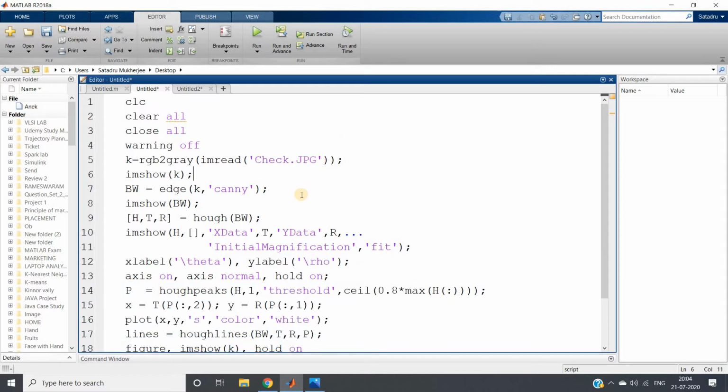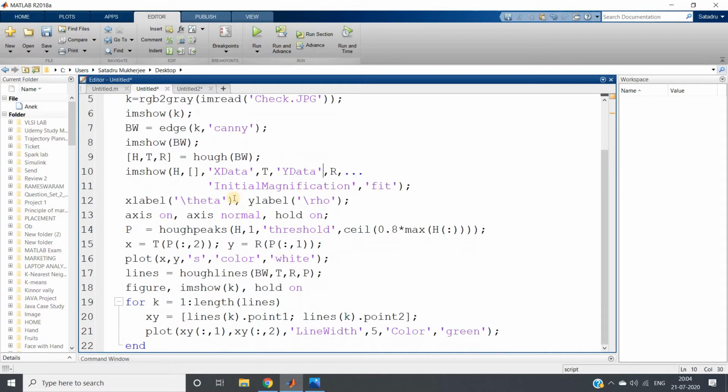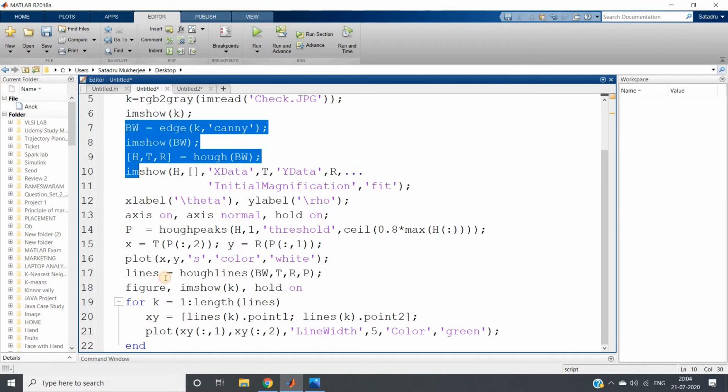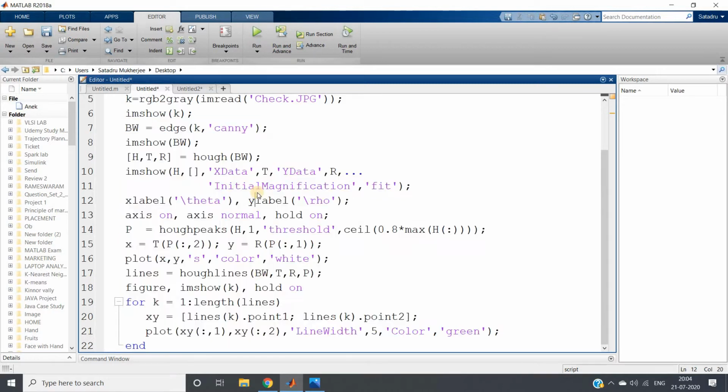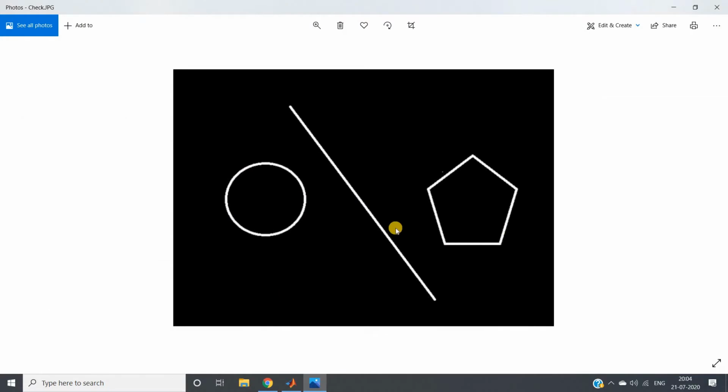In this particular video I am going to discuss some variations of the Hough transformation. These are basically example problems based on the same code which I showed in my previous video. The previous complete code can be taken as a template, and with a little modification we can fulfill our requirement. Here, suppose we are given this particular image and we are asked to calculate the line which is the longest one.